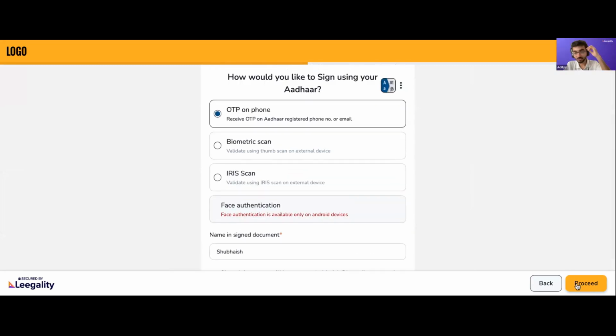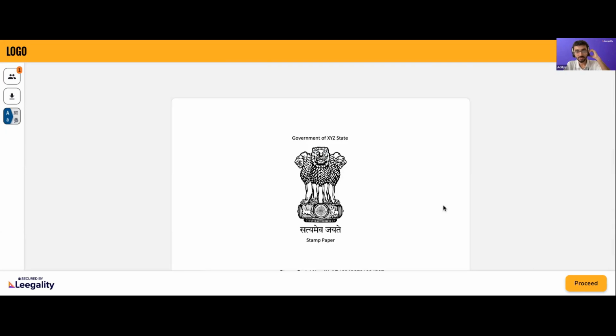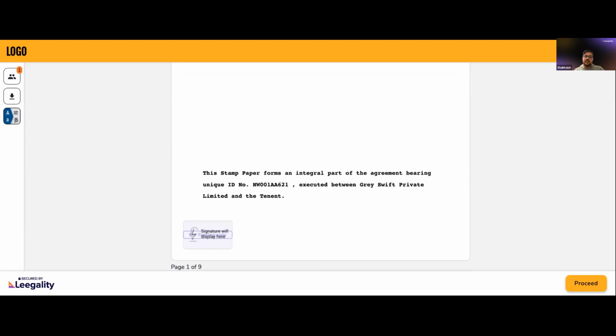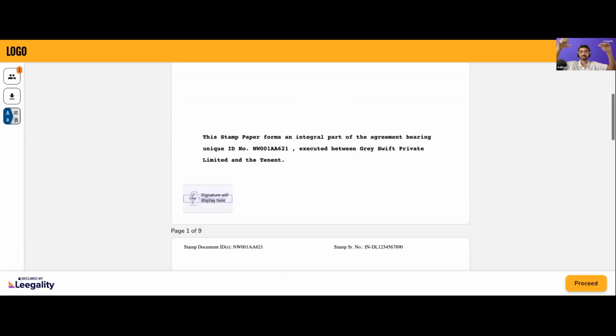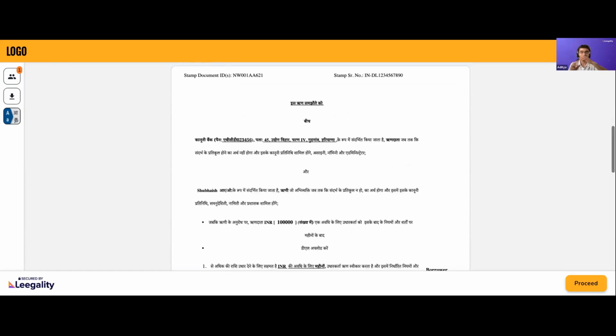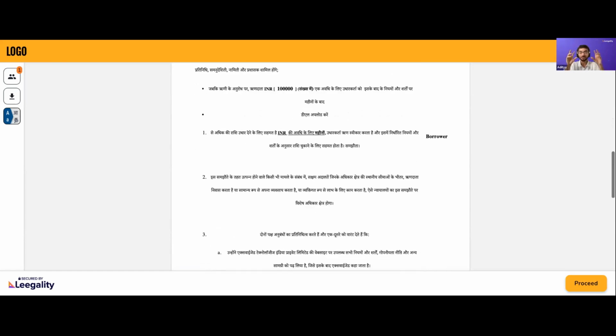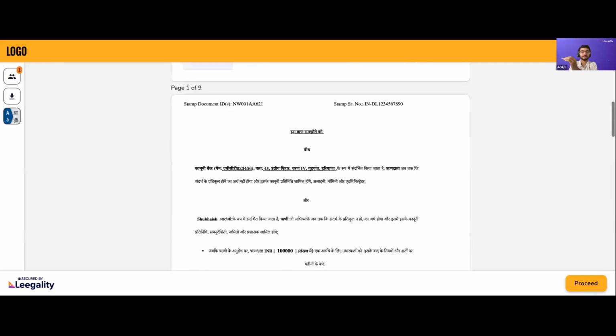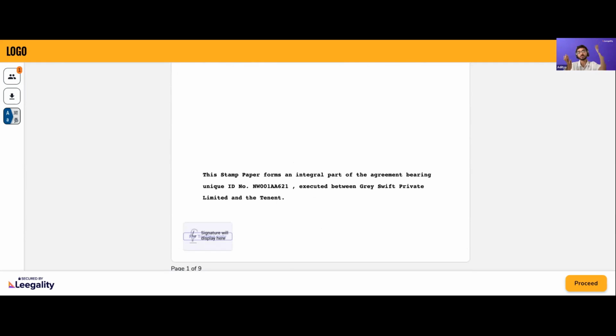So one question, just go back to the agreement. Yeah, the one question we received, and we'll address it now, is that the document had both English and Hindi at different places, rather than being in one language. So again, it's a demo document. There are some issues, some misses, but ultimately in your document, you give us your template that your team has vetted, and that template will be on the document.